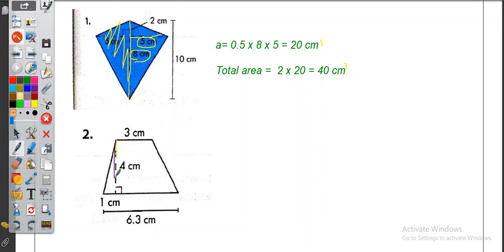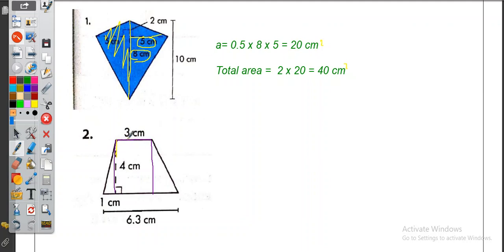This part here, and we will decompose it also like this. Then deal with this. Okay, now I have a rectangle here that has the width of 3 and length of